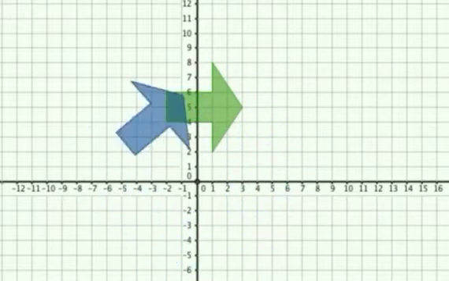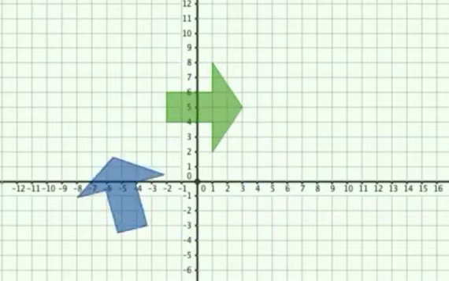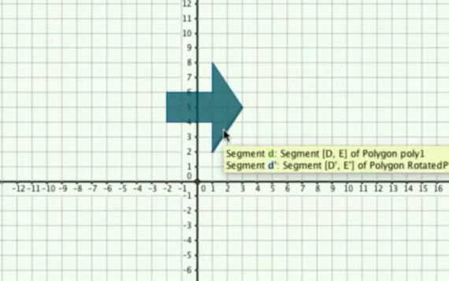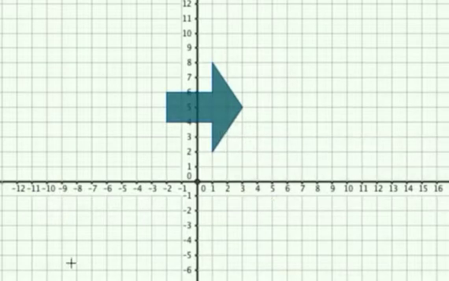So this rotation is another way to do a rigid transformation. So we have translations, which are slides, reflections, which are flips, and rotations, which are turns. And those are all rigid transformations because they create an exact copy of the